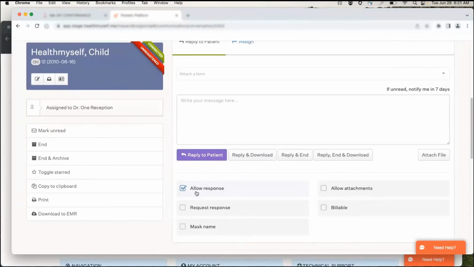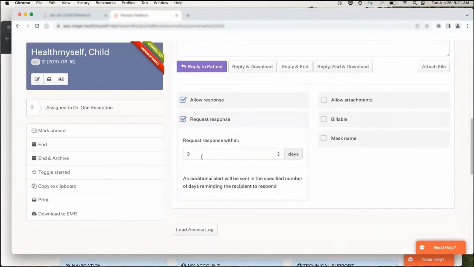And if this is something that's a little bit pertinent and important that the patient responds to you, you could even request a response from them. And that allows you to set a number of days within which you would like the patient to get back to you. And if they don't, after 3 days or whatever I include here, for example, 7,